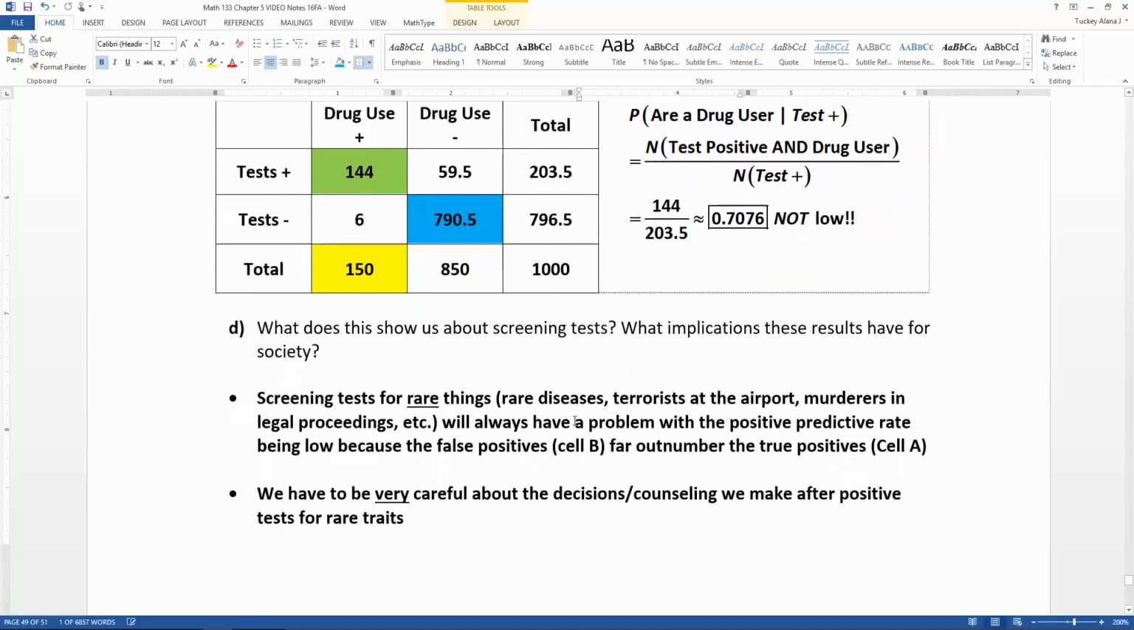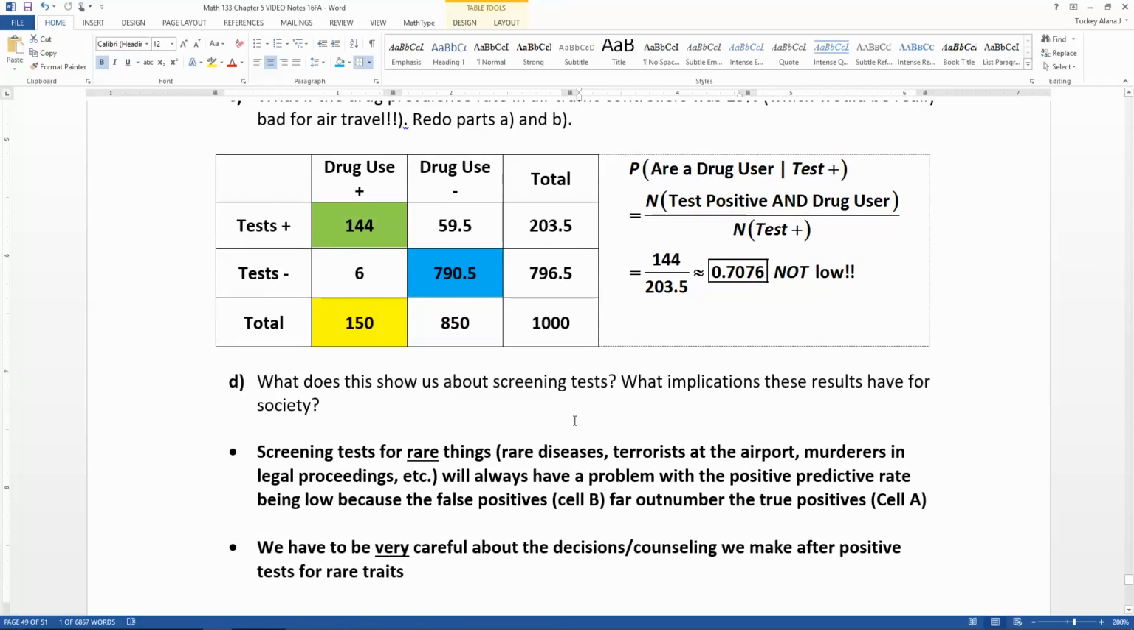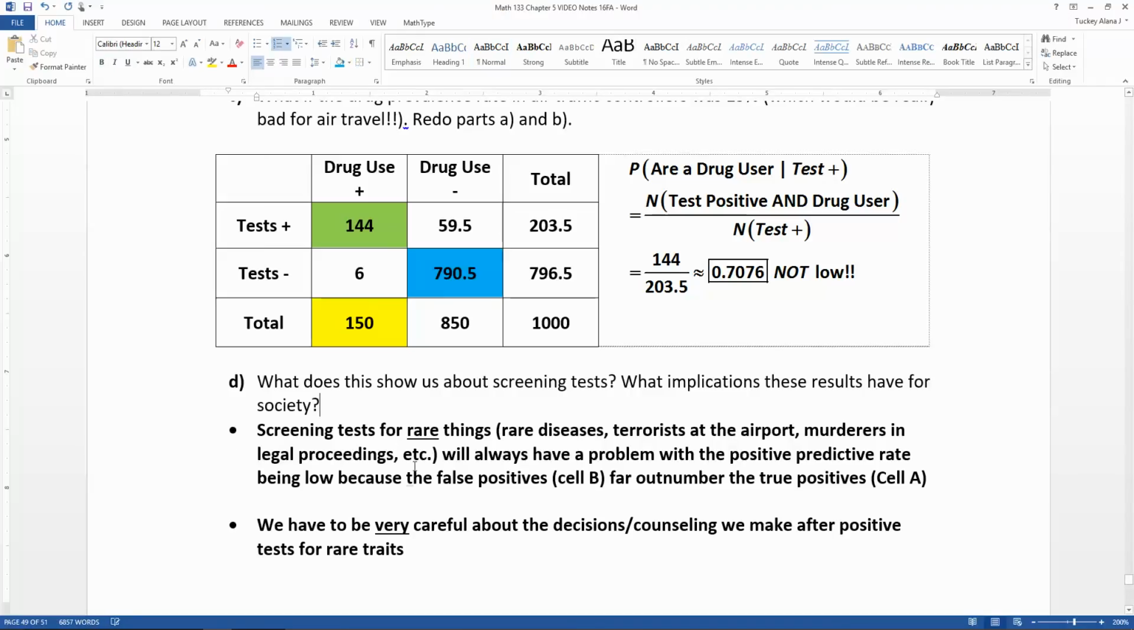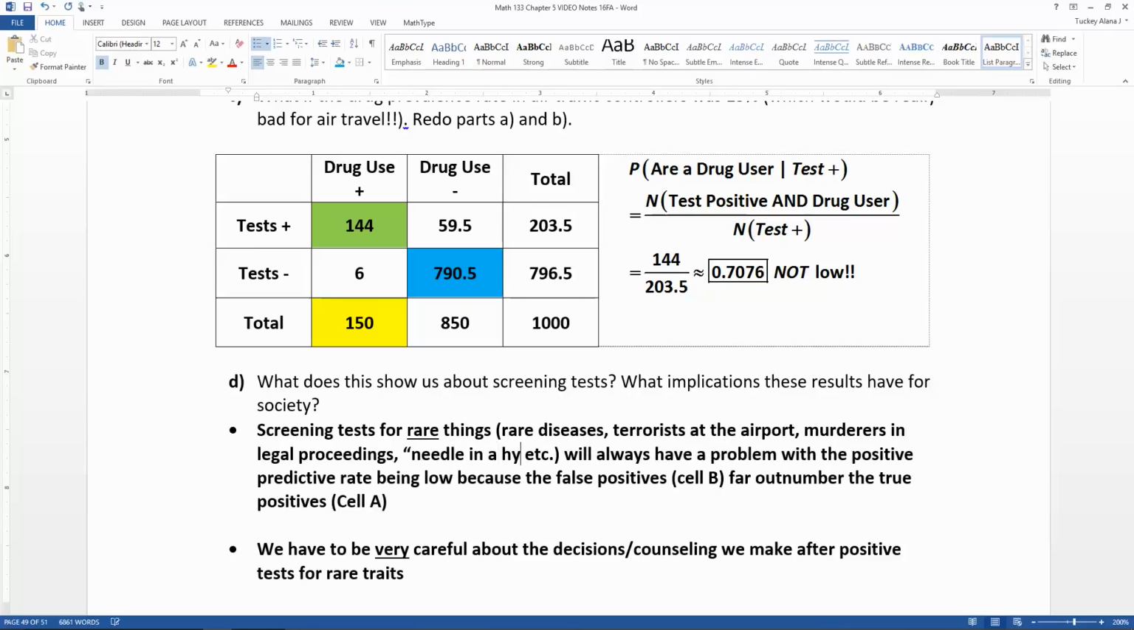And that's what I wrote down here: screening tests for rare things like rare diseases or terrorists at the airport. There's not going to be 80,000 of them. There's going to be like one or two. Finding something that's rare like that, finding a needle in a haystack literally, is going to be very tricky to do. And you're always going to have problems with your positive predictive rate. I'm just going to write needle in a haystack, which is an American idiom for finding something very tiny in something very large. So you're always going to have this problem with a very weird positive predictive rate